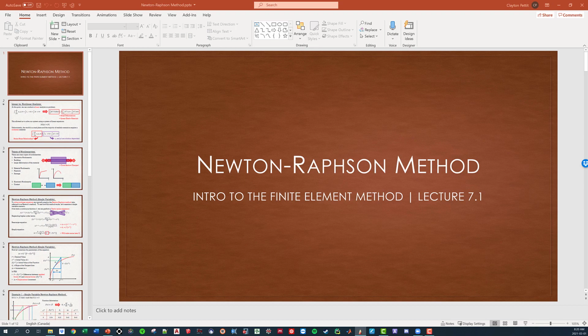The first thing you would have to decide is how to split up the geometry. Looking at this, it's kind of rectangular, so I'm going to use rectangular elements. Maybe I use 4. I divide it down the center, I go across like this, and I have 4-node elements. So I'm going to have a node here, there, here, here, here, here, here, and then finally here. So 4 elements, each element has 4 nodes.